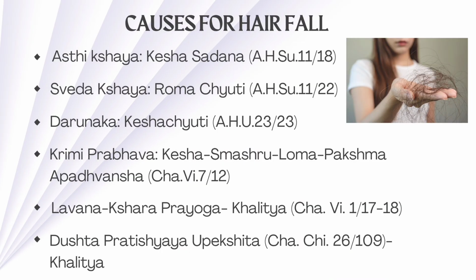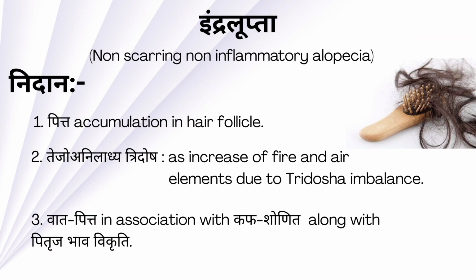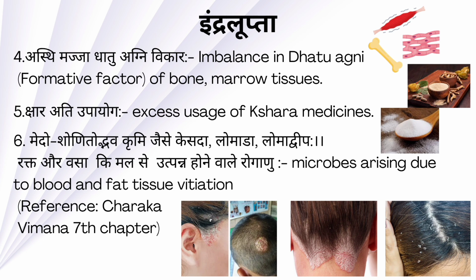are explained. Causes of hair fall: Astikshaya, Kesha Sadhana, Ashtangahridaya Sutrasthana 11th to 18th Shloka, Svedakshaya, Roma Chutti, Darunaka, Kesha Chutti, Krumi Prabhava, Lavanakshara Prayoga, Kalitya, Dushta Pratishaya, Upekshita, that is Kalitya. Indralupta Nidana: Pitta accumulation in hair follicles, Tejo Aniladya Tridosha, Vata Pitta in association with Kapha Shonita along with Pitruja Bhava Vikruti, Asti Majja Dhatu Agni Vikara, imbalance in Dhatvagni of bone marrow tissues, Kshara Ati Upayoga,